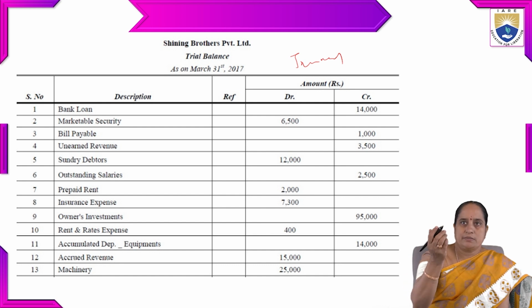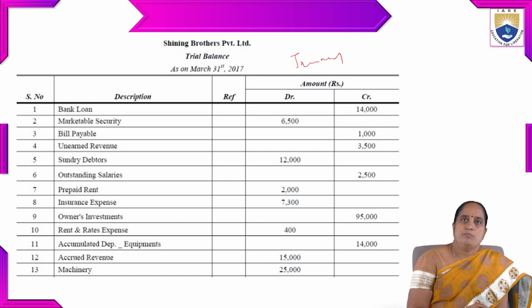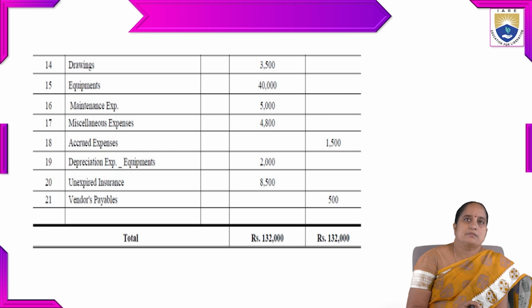So as a result, that is mentioned on credit. Prepaid rent, expense, debit side. Insurance expense, it is expense, debit side. Owner's investments, so that is on credit side. Rent and rates expense, expense on debit side. Accumulated depreciation on equipments, credit side. Accrued revenue, debit side. Machinery, debit side. Drawings, expense, debit side. Equipment, asset, debit side. Maintenance expenditure,